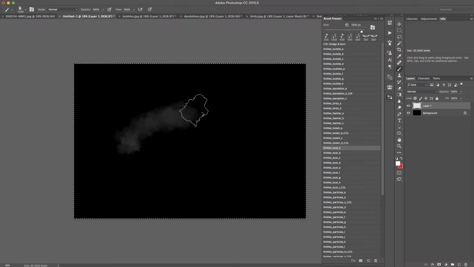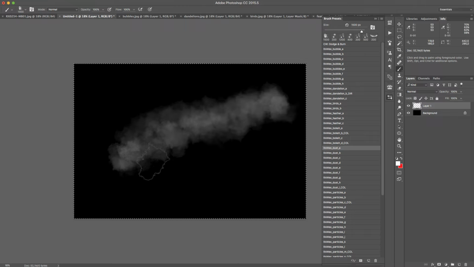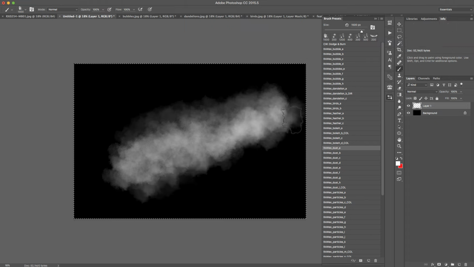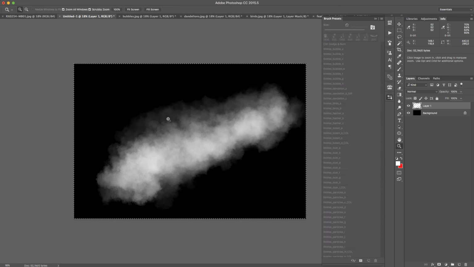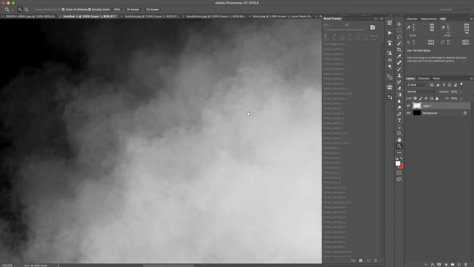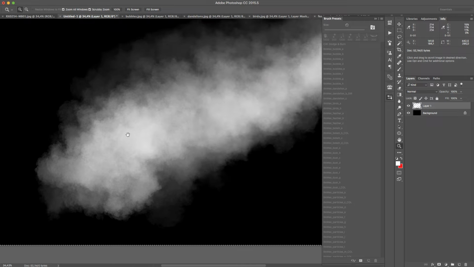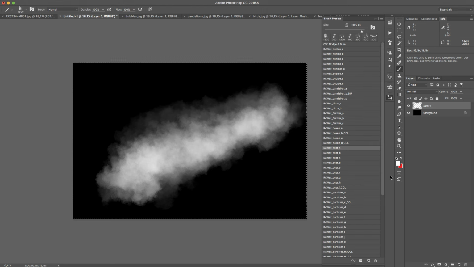So the idea behind the dust brushes is that you just paint in your brush, paint in your dust, and you can just layer them up and have rich textures, rich fields of dust. So let's zoom in and see the resolution. Isn't it awesome? You can see the small particles here, and it builds up to a field of dust,